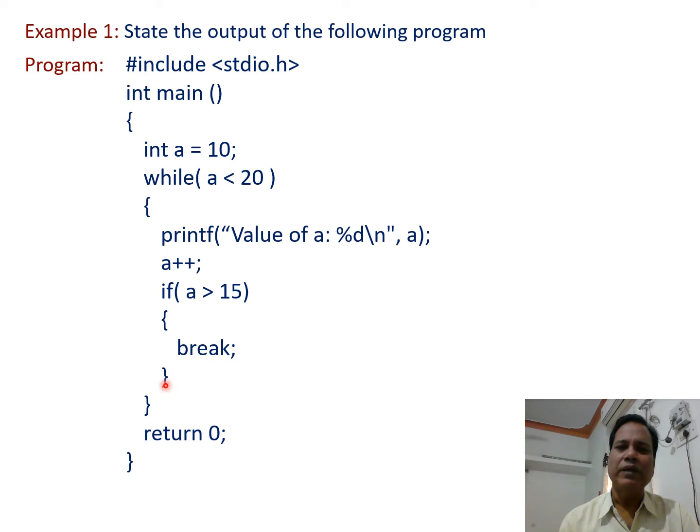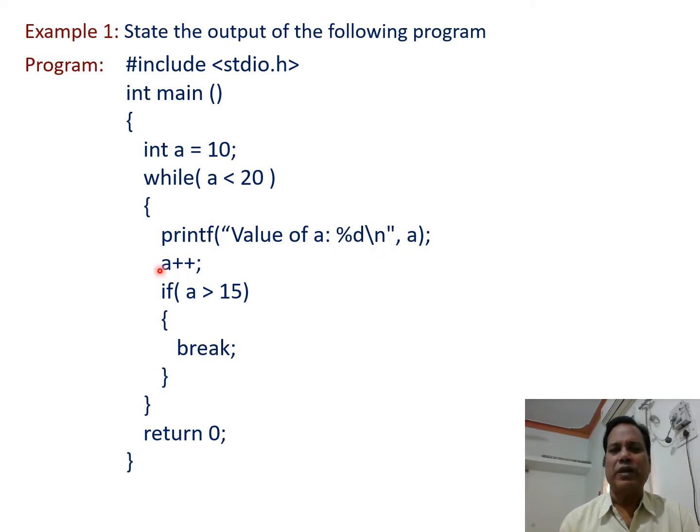And then again we test the condition. So this time as value of a is 11, 11 is less than 20. So this condition is again true. So we again enter in the body of the while loop. So in the body of the while loop, printf value of a colon. So value of a, that is 11, gets printed at this point, that is at the place of the format specifier, and slash n brings the cursor in the beginning of the new line, and again value of a is incremented.